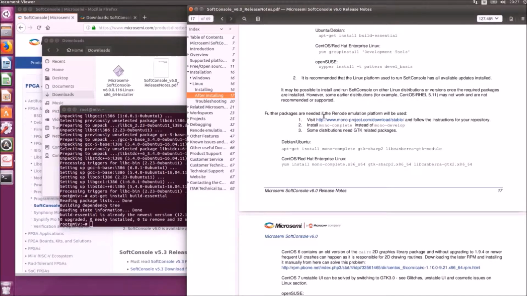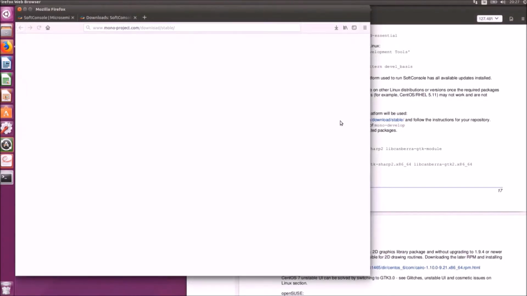So once again, if I return to the release notes, the last step I have to do is install the packages for Mono by following the link in the release notes and then installing Mono Complete instead of Mono Develop. And the command to do that is listed below. So if I click on the link and go to the Mono project website,